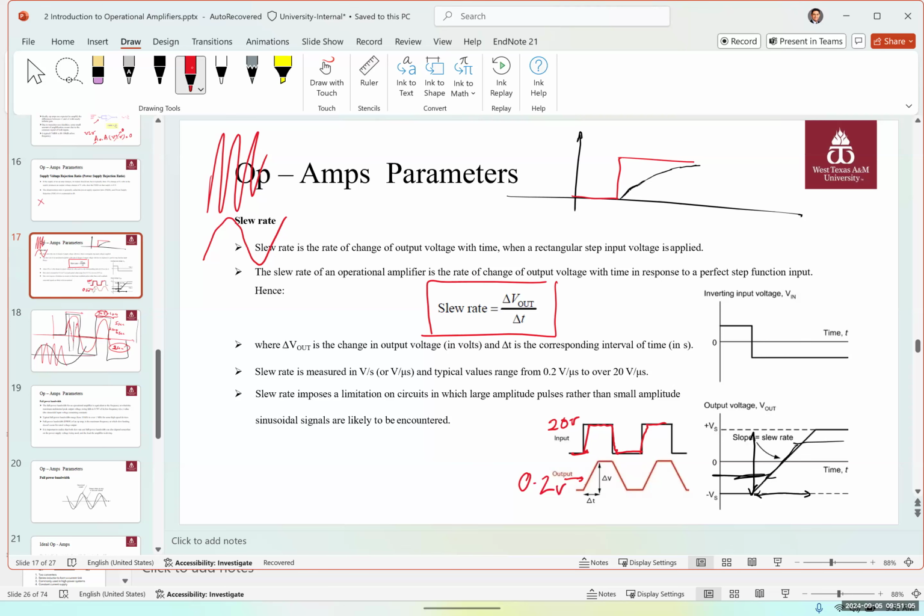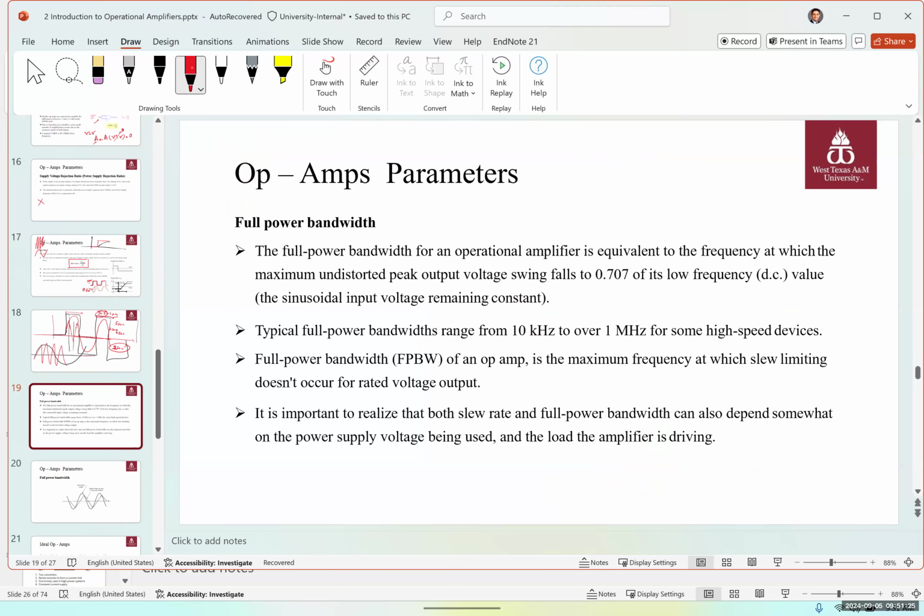When the op amp becomes faster, it becomes much more expensive. And usually we don't have those very fast op amps in high power situations. We usually have them in electronics, not electrical systems. We have limitations on power as well. Okay, so now that we learned about slew rate and the response time,